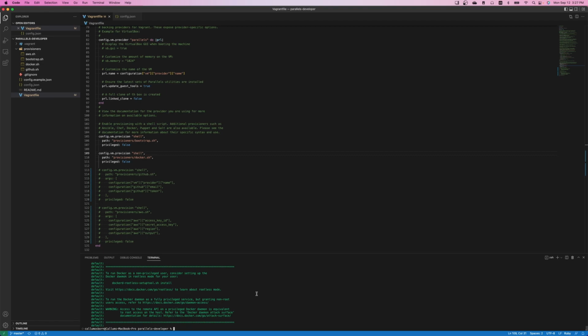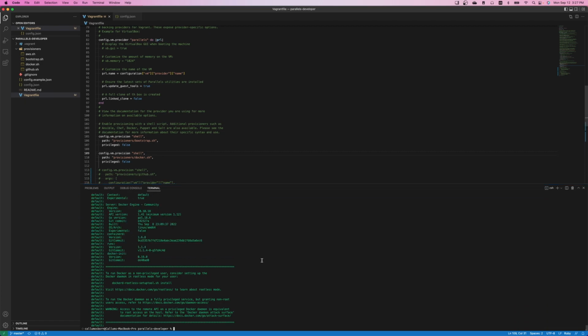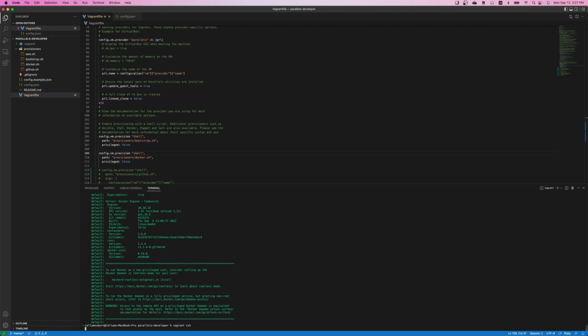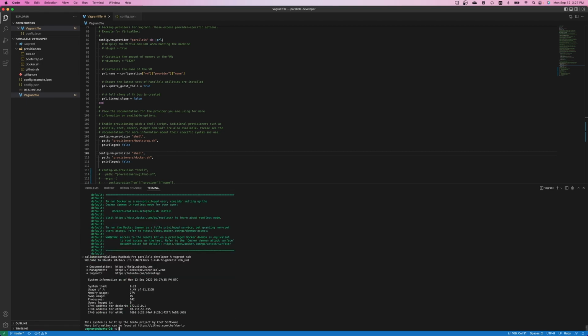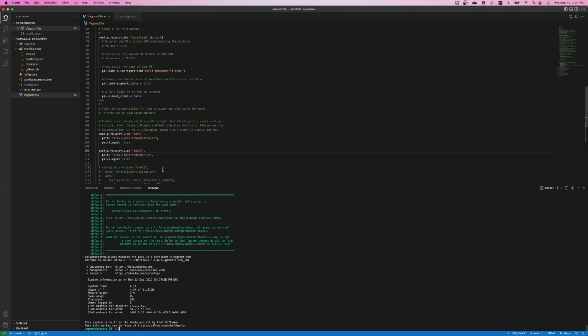I'm going to provide another video after this one that will detail an alternate way in which you can connect to the virtual machine we just created, and the one that I generally tend to use as well. But for this one, we're just going to use the simple vagrant SSH command in order to connect to our virtual machine. So we're going to make the terminal slightly bigger. Okay, so as you can see, we have SSH'd into our newly created virtual machine,